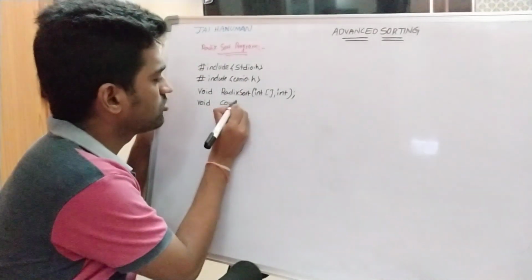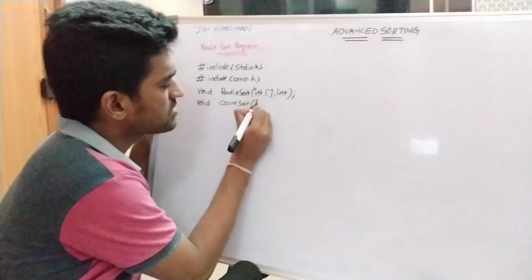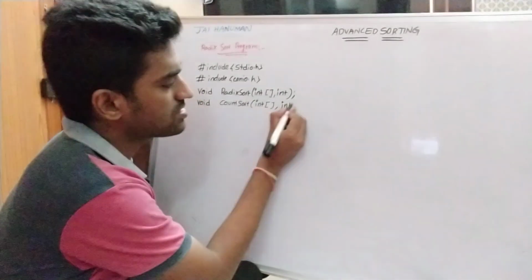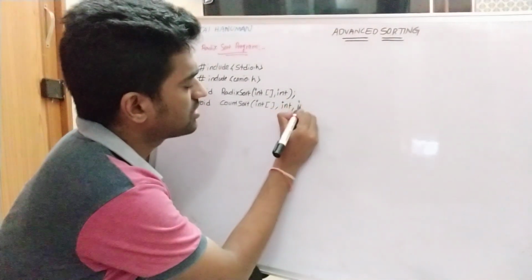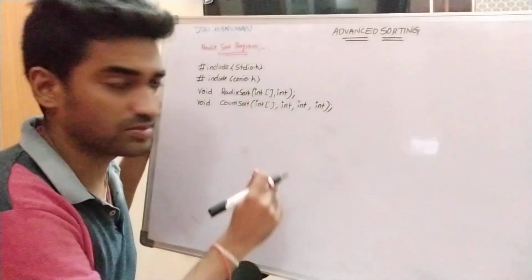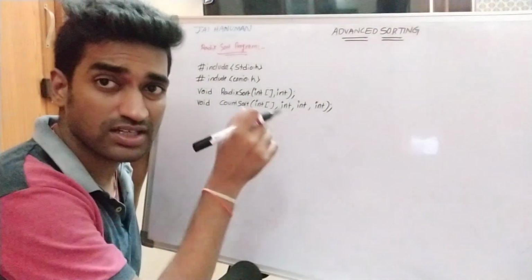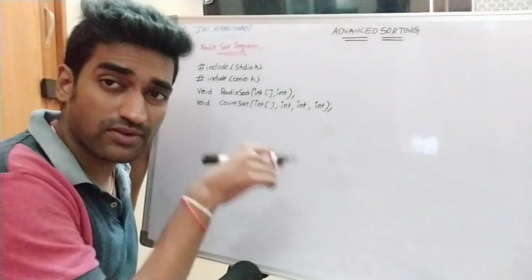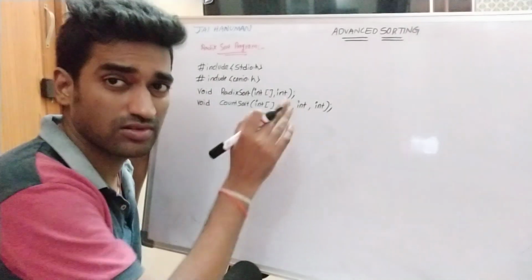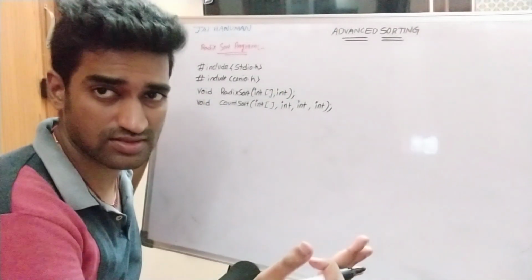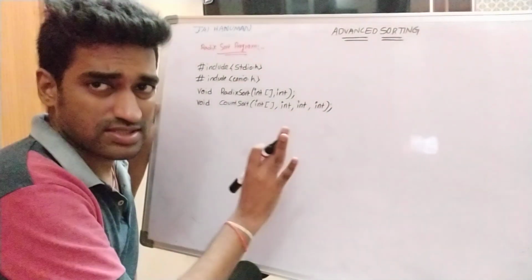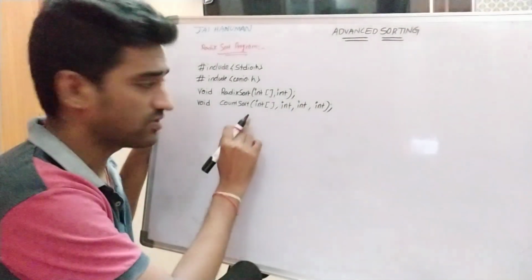So here I am creating count sort, and I am passing the array. This argument is for k, this argument is for position, and this one is for n. Totally we are passing four arguments: one for the array, one for k. k is the greatest value among all the array elements, which we find in the main function. Then position means ones position, tens position, hundreds position, so for that purpose we pass one more argument. This is for n, the number of elements in the array. This is the function declaration for count sort.